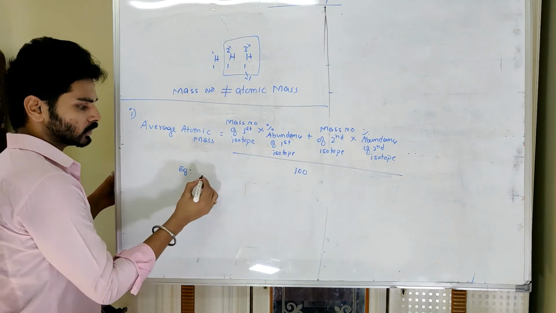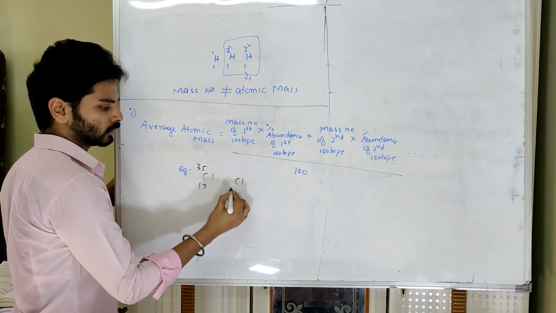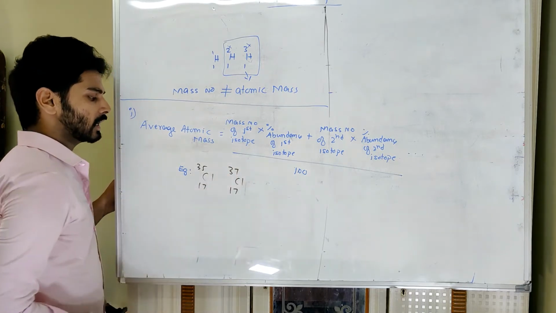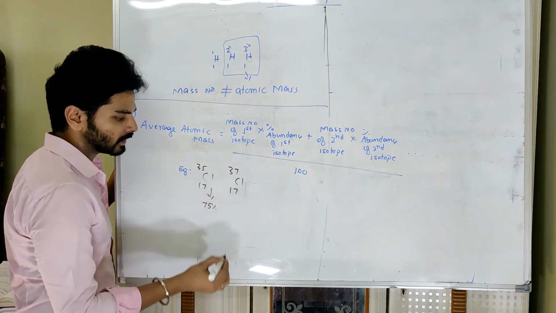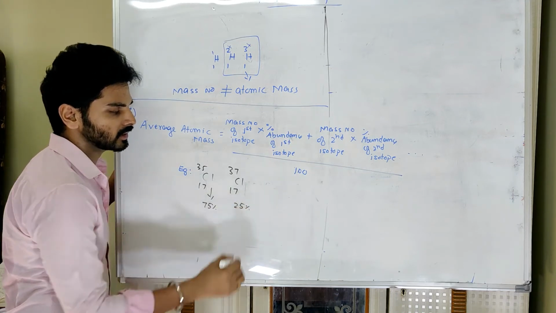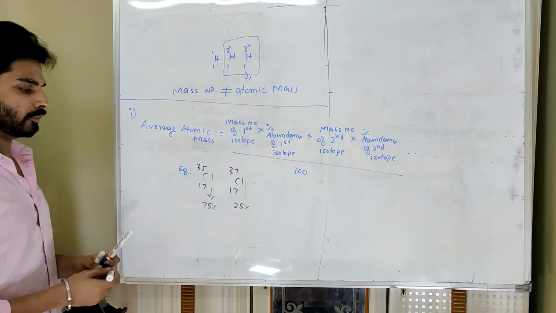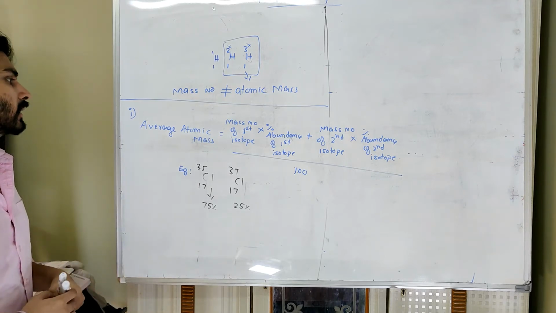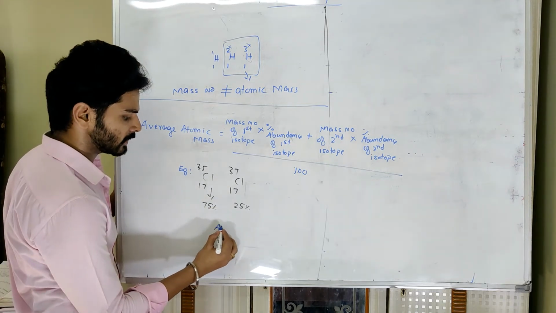chlorine has 2 isotopes, okay, chlorine-35, and that of one more chlorine is chlorine-37. Their percentage abundance is, this is 75% present in nature and this is 25% present in nature. So this percentage will be given to you if anytime you are asked to calculate average atomic mass. Now what happens, simply you are calculating the average atomic mass